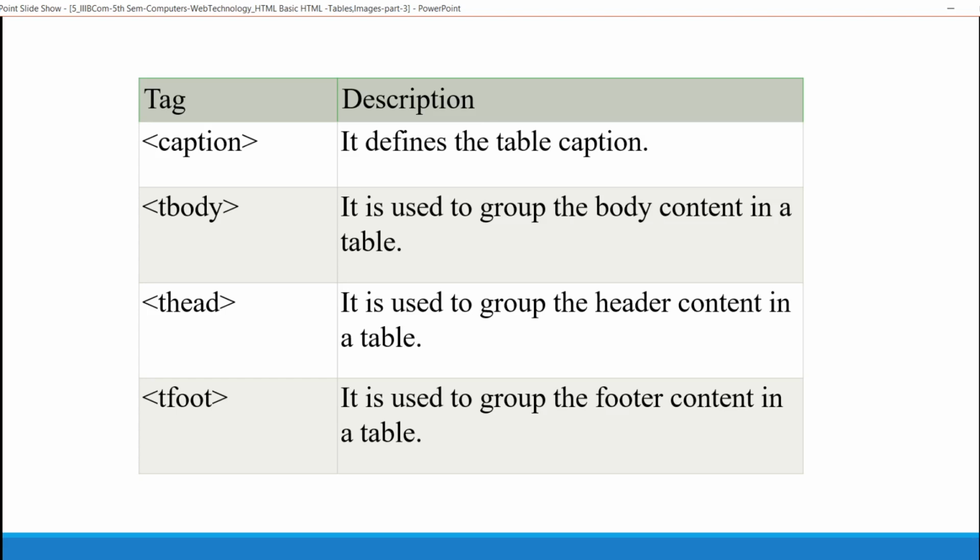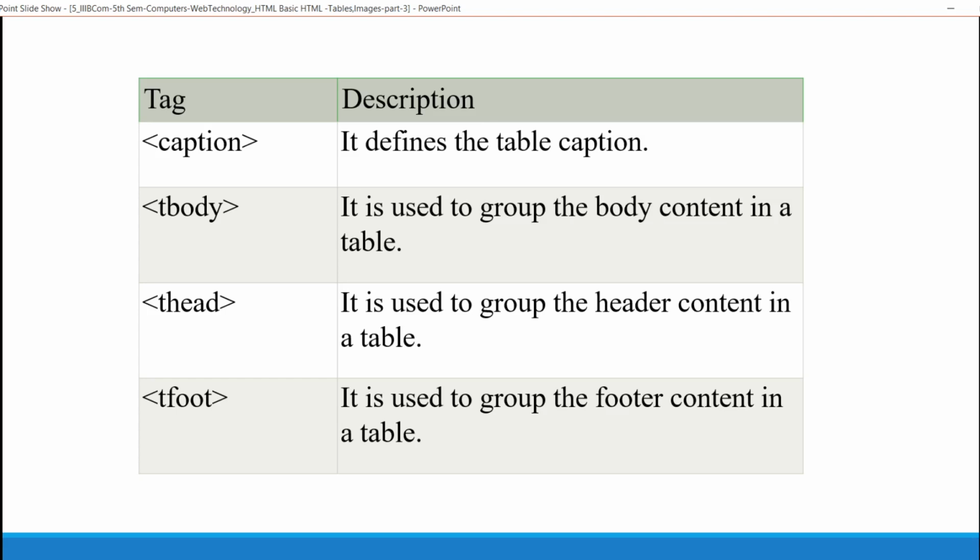Body, the actual content in the table is placed with the help of tbody tag. What is a head and what is a foot? So thead, tfoot. Head displays the header contents on the table, whereas footer displays the footer content of the table.